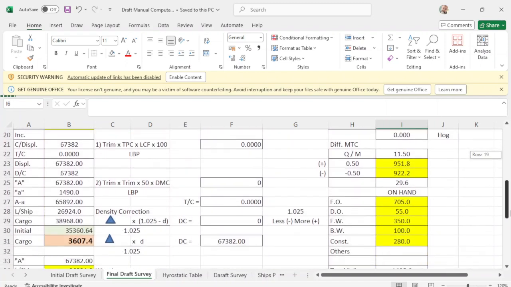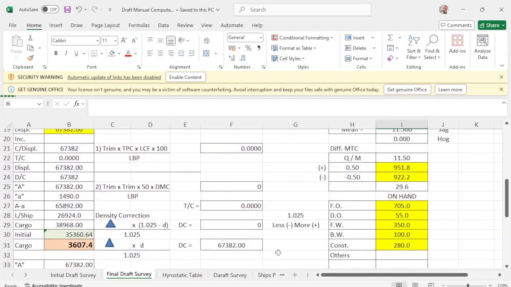Okay, so we have a density correction, which is displacement times your local density of 1.025, and your corrected displacement is the same because the density is the same, 1.025.